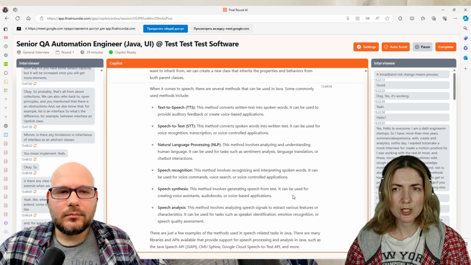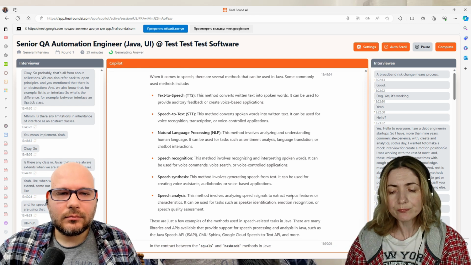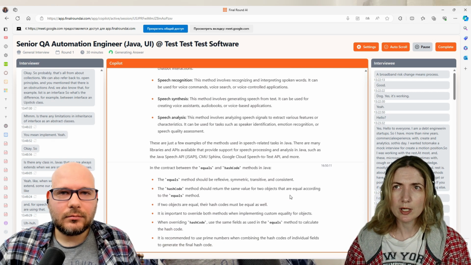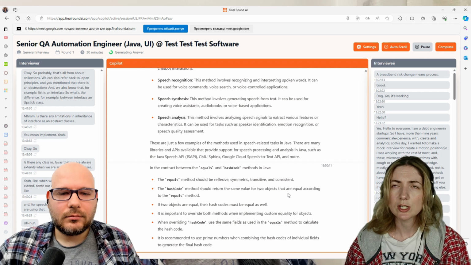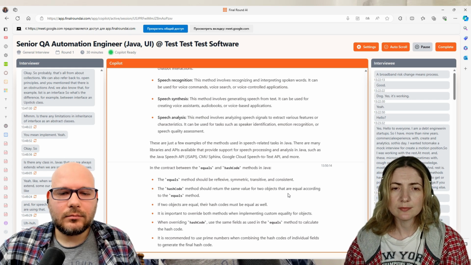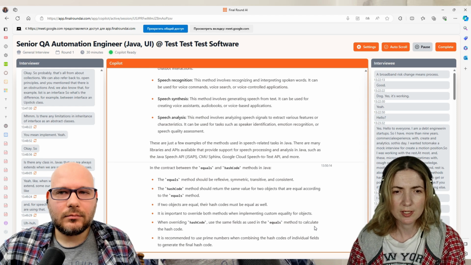Yes, equals and hashCode have a contract, as you mentioned. I don't remember it clearly, but if the hashCode is the same, it does not mean that two objects are equal.